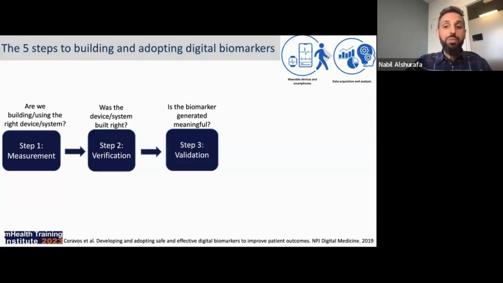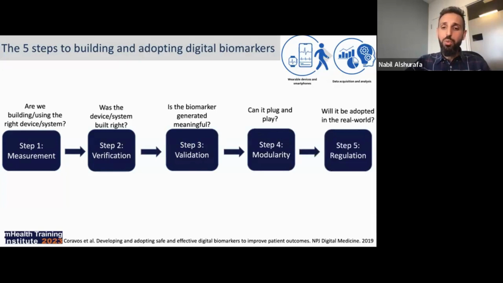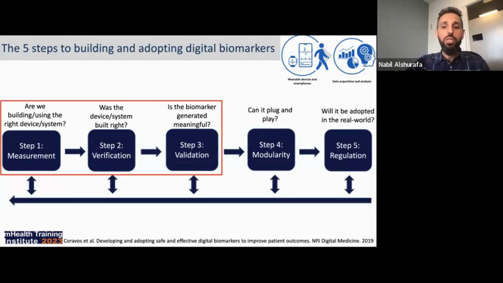All 3 of these steps need to pass for stakeholders to gain interest. And then there are other factors related to modularity and then regulation/implementation. Finally, this is an iterative process. I hope in this talk to mainly focus on the first 3 steps and discuss some challenges and important things to consider during each step when using or building wearables, or working with clinicians and computer scientists.